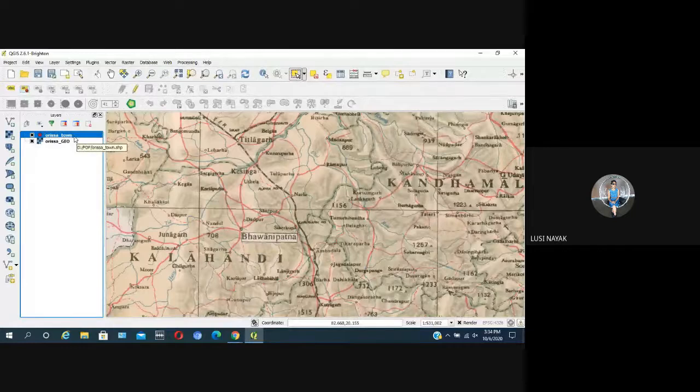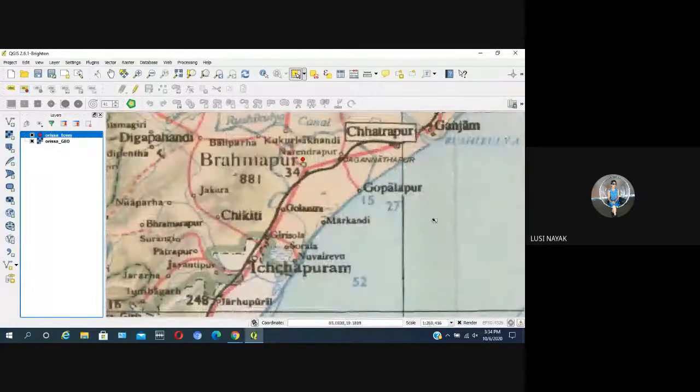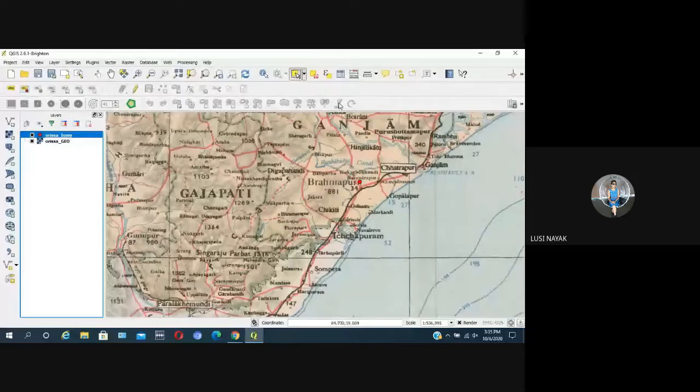How to remove points, Vidula Swami? Yes, you have asked how to remove the points from the attribute table. Why do you want to remove the points from the attribute table? See, in this GIS, the attribute table is linked to the points. How many points you have put? The same number of records will be there in the attribute table. Once you delete a record from the attribute table, the same point will also be removed from the map.